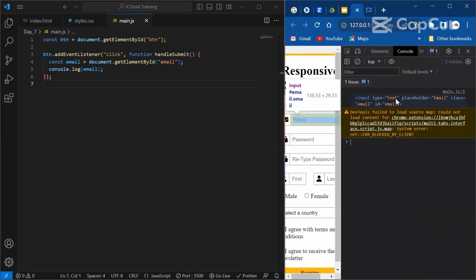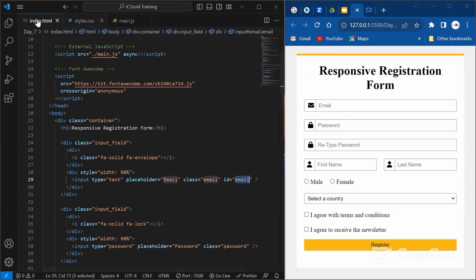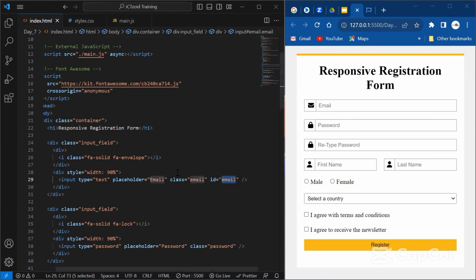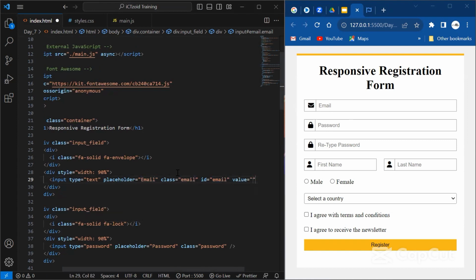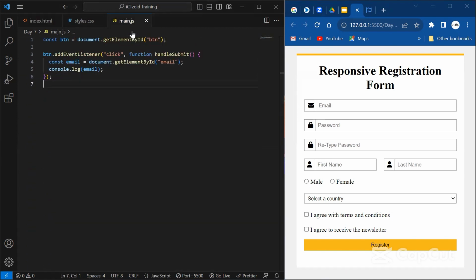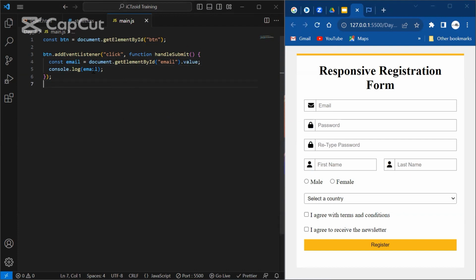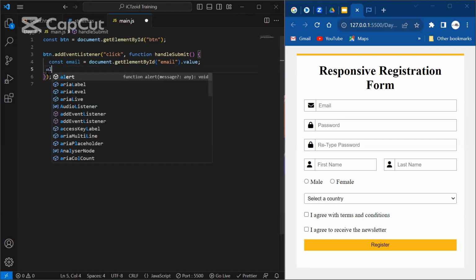you can see this email here, right? So now to get hold of the value, whatever the user is going to type here, I can come to this place and just put an attribute called value there. Keep it empty. Just this value, right? So now, let me come back to JS. There I can put dot value here. Dot value. All right, let me print this. Instead of console logging, let me just alert this. Alert